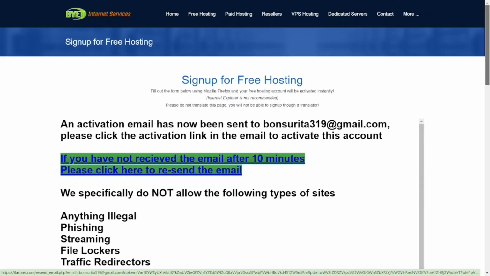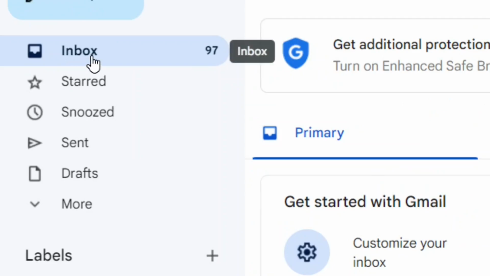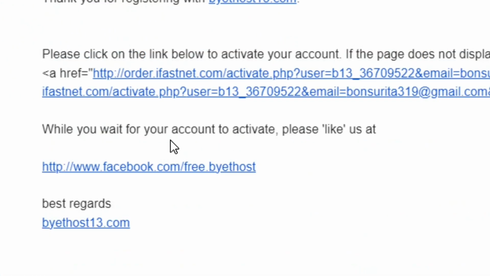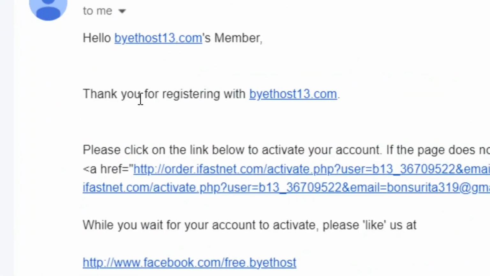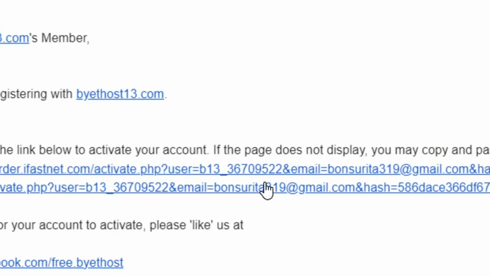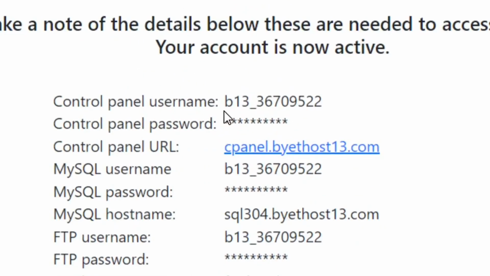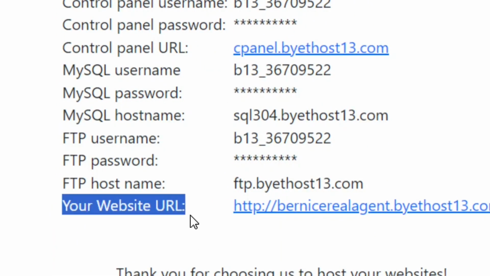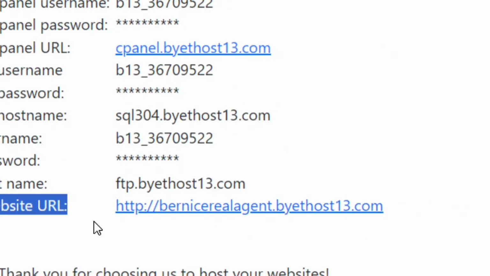For that one, it is going to come right into your inbox. So when you come to the inbox, just select the message just like this one. It is here, just click on the link. When you click on it, they are going to give you your details just like this one that you are going to use. You can always visit your website by clicking on this link,